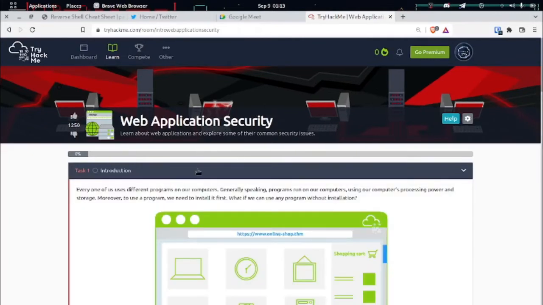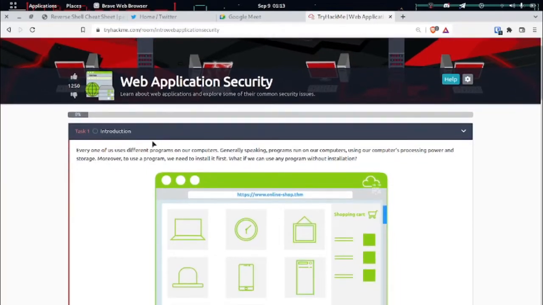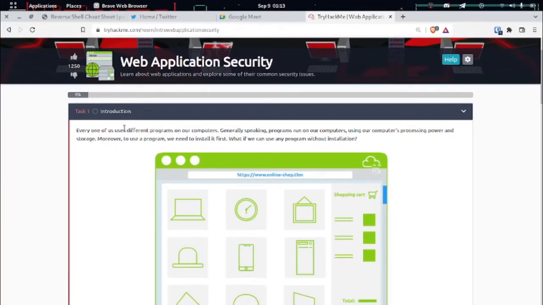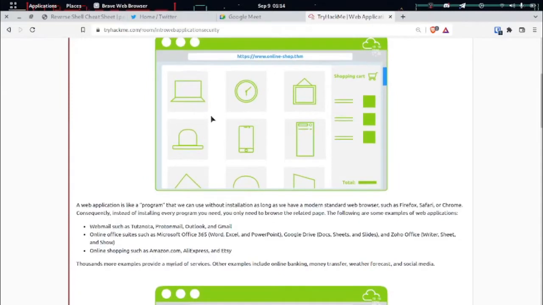So let's just start with the introduction. Every one of us uses different programs on our computers. Generally speaking, programs run on our computer using our computer's processing power and storage. Moreover, to use a program, we need to install it first. What if we can use any program without installation? Yes, like you can